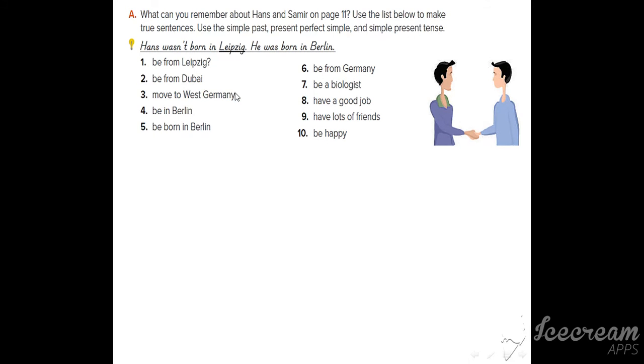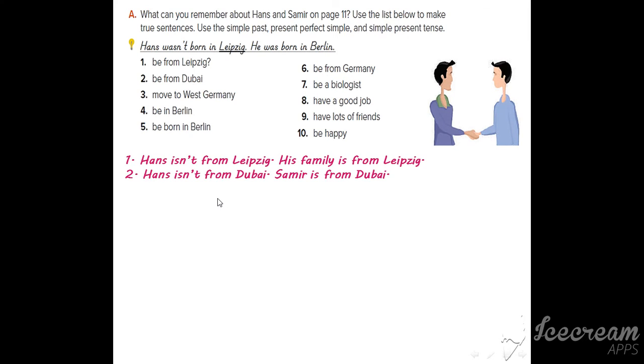Number 1, be from Leipzig. We already, Hans isn't in the present, isn't from Leipzig. Okay, we will use the past simple. Hans isn't from Leipzig. His family is from Leipzig. Right? Okay. Second one. Hans isn't from Dubai. Here we see P, verb to be, but Hans will take